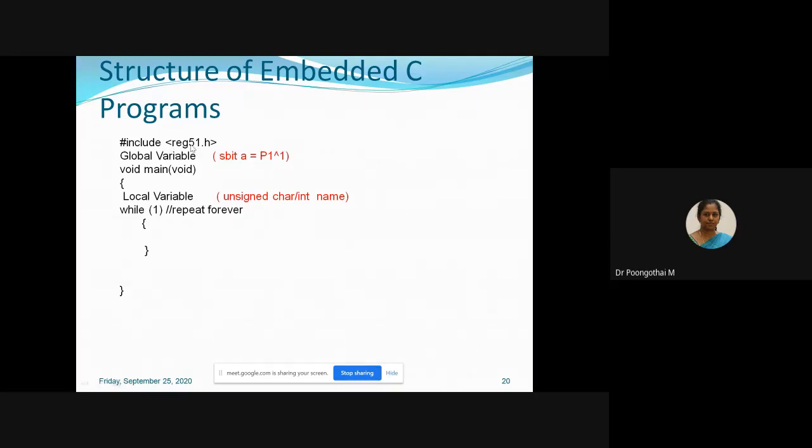Suppose you are selecting the 8052, you have to give reg52.h. In this space you can define all your global variables. For example, if you are accessing P1.1, you have to assign a variable to P1.1. So pin 1.1 can be represented in this way.